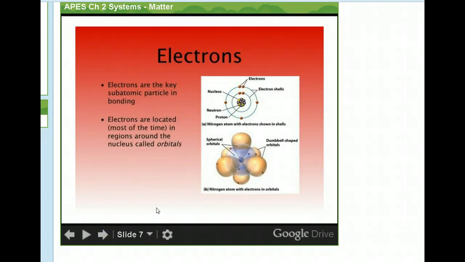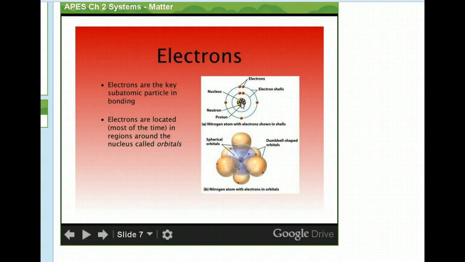So remember the parts of the atom. You should have gotten this in chemistry and remembered it. And remember, the nucleus has the protons and the neutrons. The nucleus is positively charged. Neutrons don't have any charge. Protons have a positive charge. So when they come together, they make a positive charge in the center of the atom. Most of the atom is empty space, and in the very center is the nucleus.